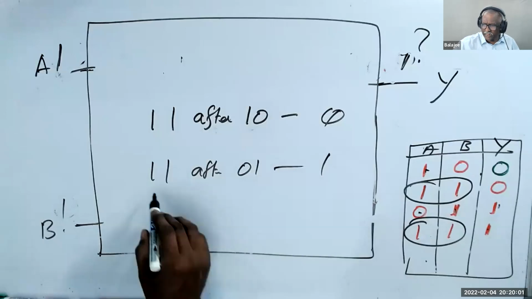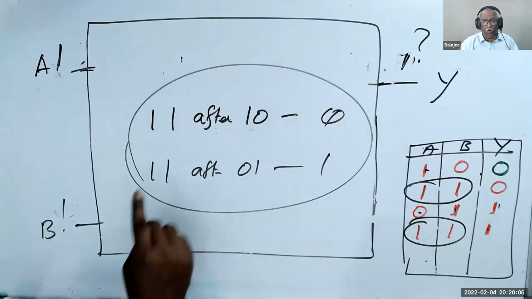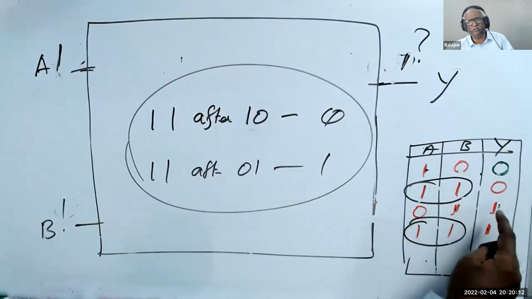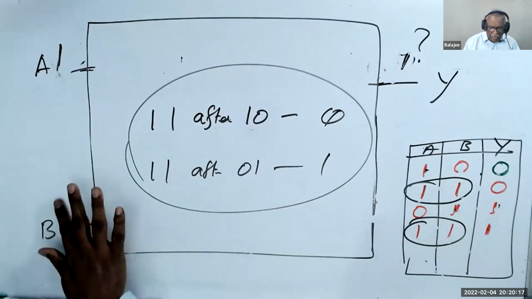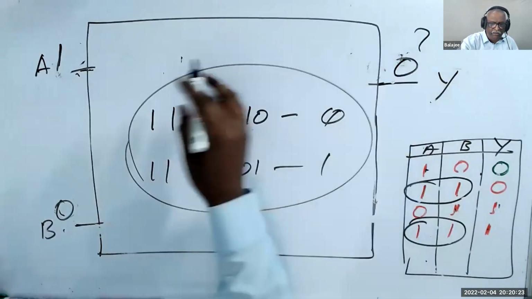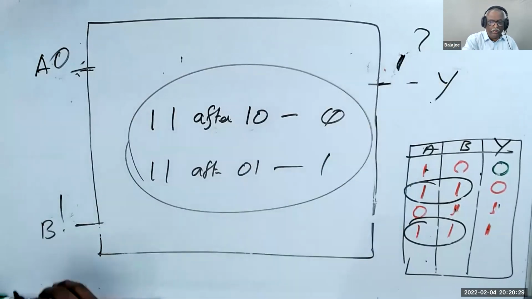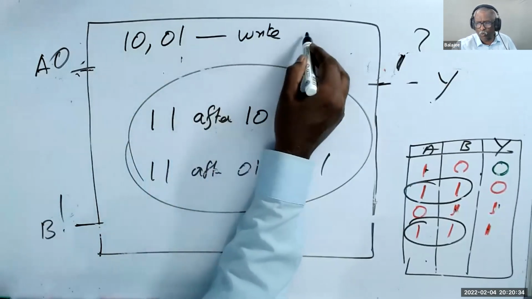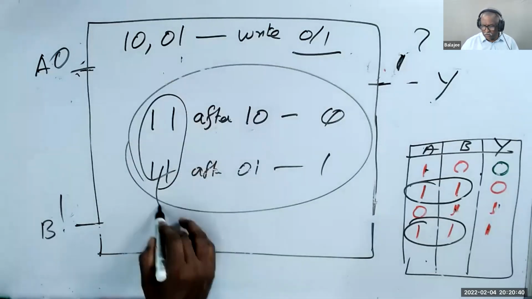Is it correct? I can write a statement like this. 1, 1 after 1, 0 is 0. 1, 1 after 0, 1 is 1. That means when I make 1, 0, I'm writing 0 here. When I'm giving 0, 1, I'm writing 1 here. So I use 1, 0 and 0, 1 to write 0 or 1. But I give 1, 1 to remember